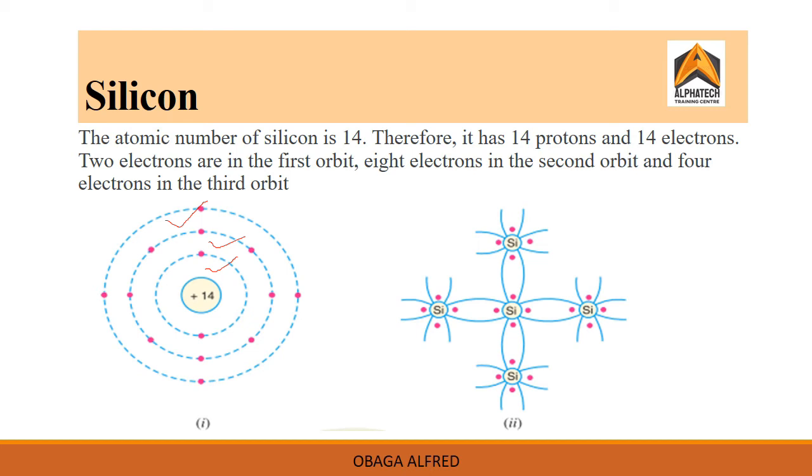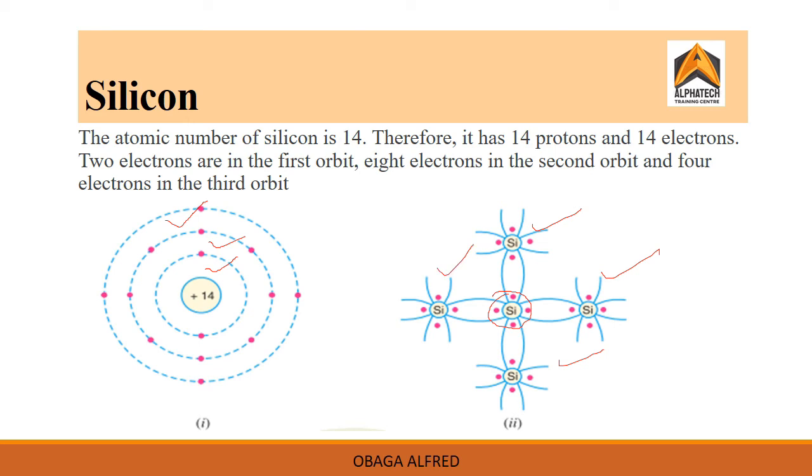A silicon atom has a tendency of having 8 electrons in the outermost energy level. To achieve this, it has to position itself between 4 other neighboring atoms, each of which will contribute an electron for sharing purposes. So we have the central silicon atom, which is surrounded by 4 other atoms of silicon.